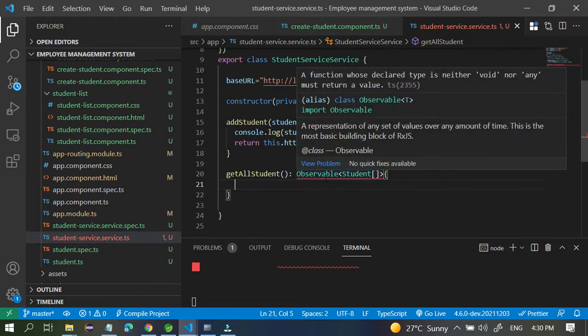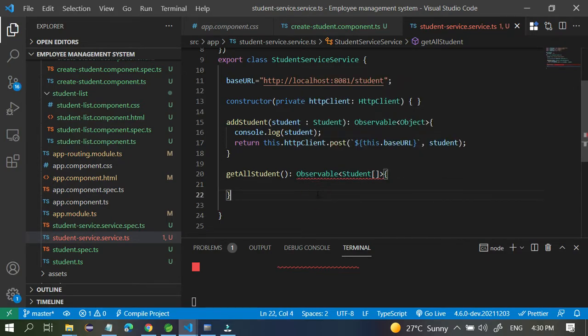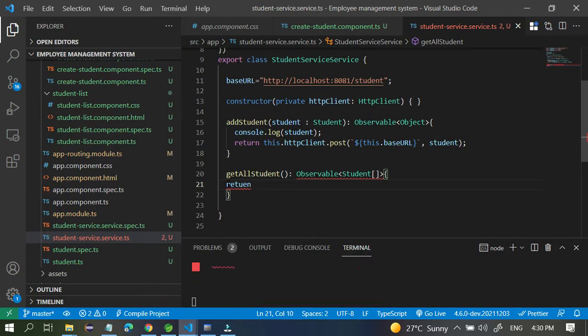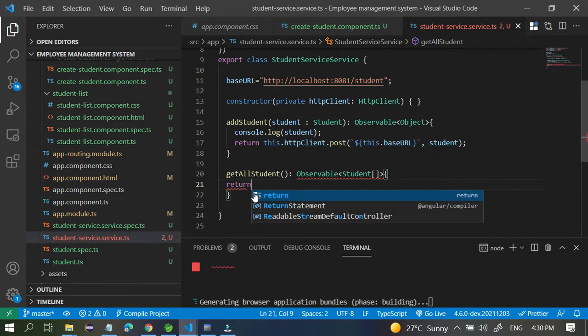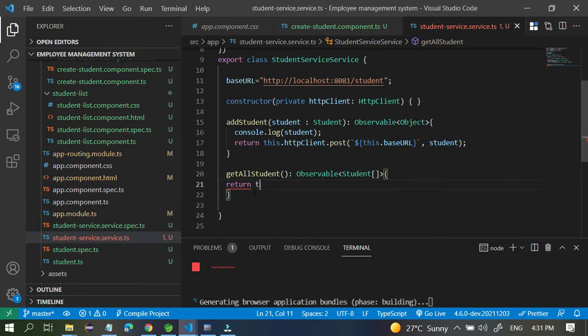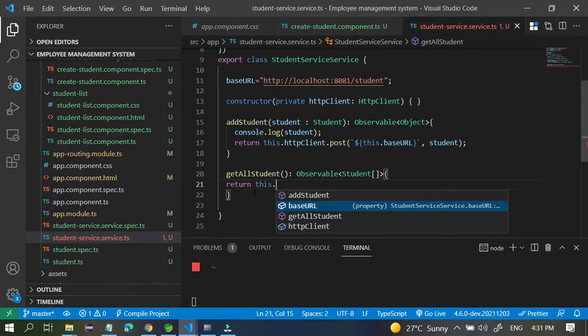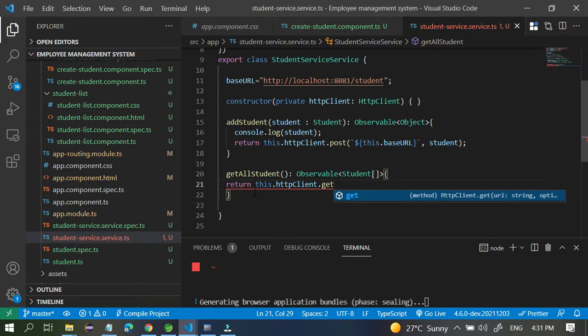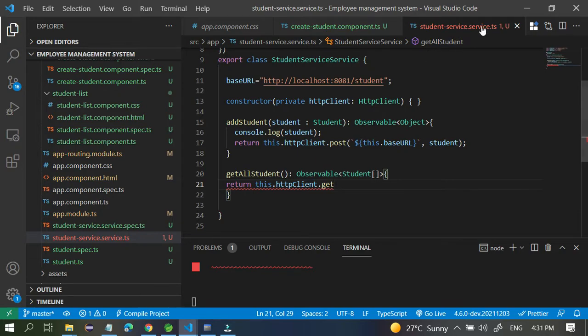Observable of student array, and inside this method you can return this dot http client dot get. Whatever method you have in your application, you have to pass those methods as they are.